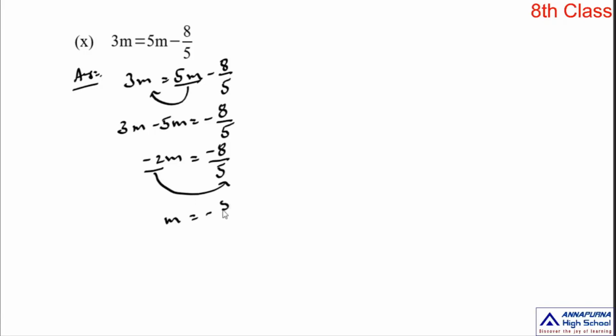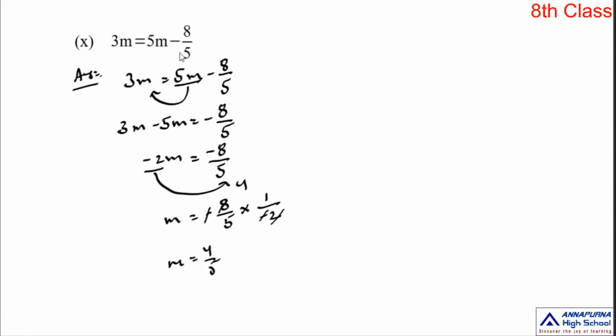Okay, so right side already you have minus 8 by 5, and you are transposing this minus 2 to right side. Minus 2 is a factor, it's multiplied by m. When you transpose to right side, it changes to division, but already on the right side we have a p by q form, so that's why here we are not presenting the division directly. We present the division as multiplication, and then you write the reciprocal of this factor. Minus 2 reciprocal is 1 by minus 2. Now simplify this. Minus minus cancel, and 2 4s are 8, so m is equal to 4 by 5.